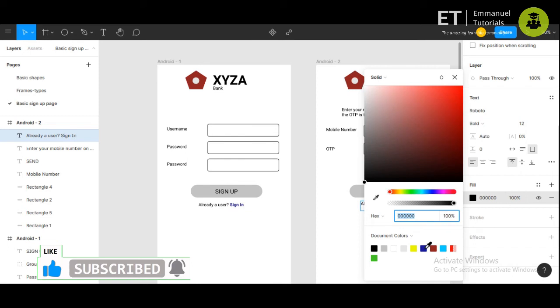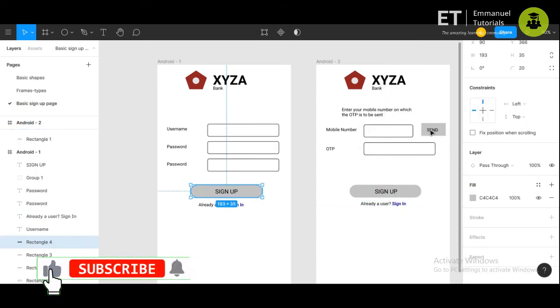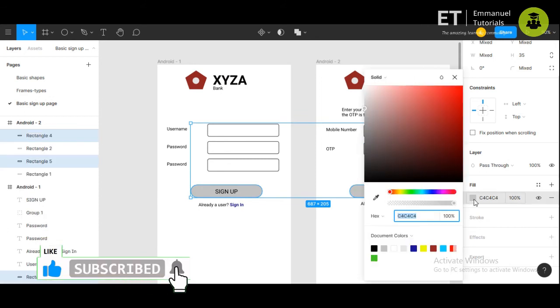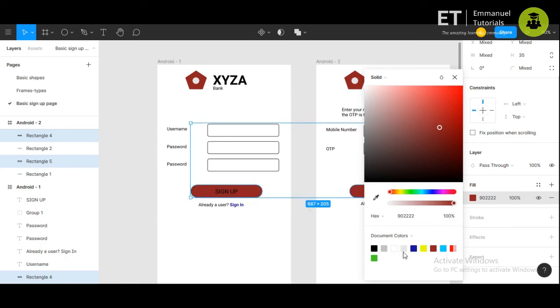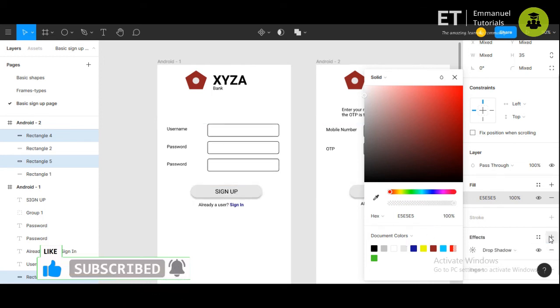Change this color. Let's change the button colors also. I've selected all, and at a time we will change the colors. And then let's give a shadow effect to show that it's a button.